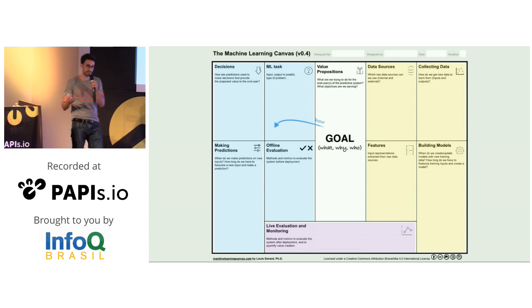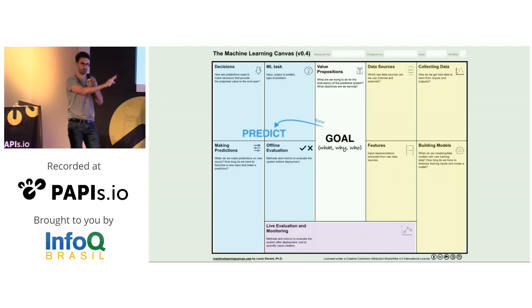Like in the case of real estate, it would be how much is this property worth? And then you'd expect a number as the answer. So maybe it's fairly easy in the real estate example, but there could be other examples where it is very difficult to translate the value proposition into a machine learning task. So anyways, this bit is about predictions, right?